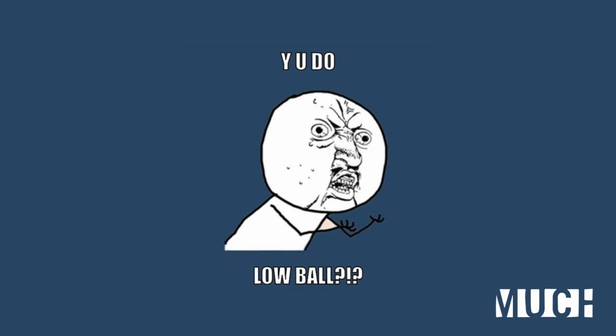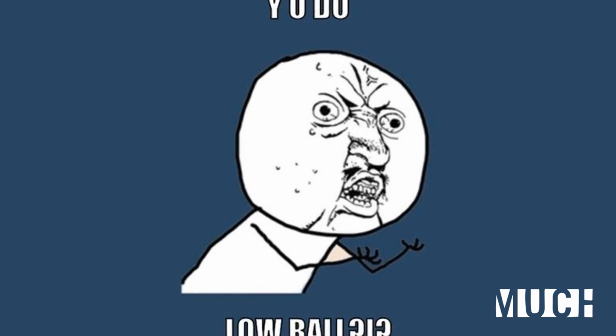Now the next tip comes with pricing. Now I can't tell you what your shoes are worth or how much you should sell them for, but I can tell you that you should always include a price for what you're selling. Whether it be a very, very high price or a low price, just include a price so people have an idea of how much you're looking for to sell that item for. Also, if you don't have a price, there's going to be a very high chance you're going to get a lot of lowball offers because people just don't know what your sneakers are worth. Trust me, I have gotten so many lowballs. Just include a price, because you waste so much time